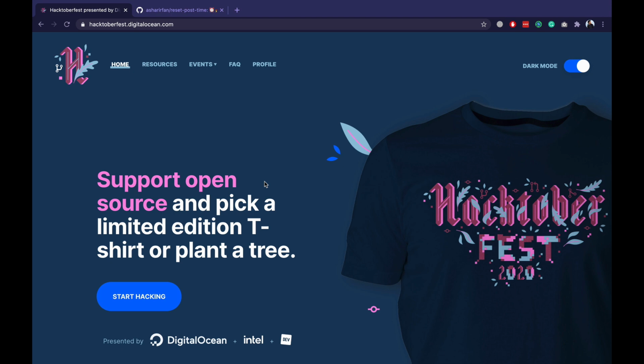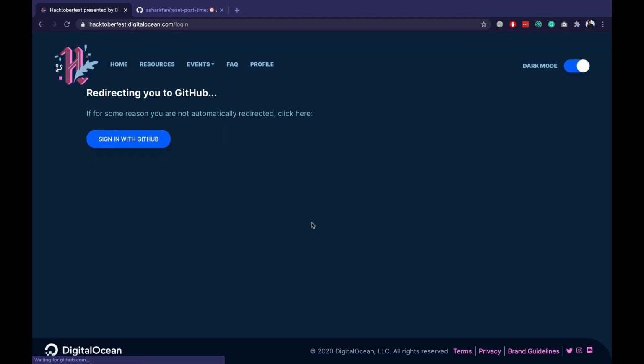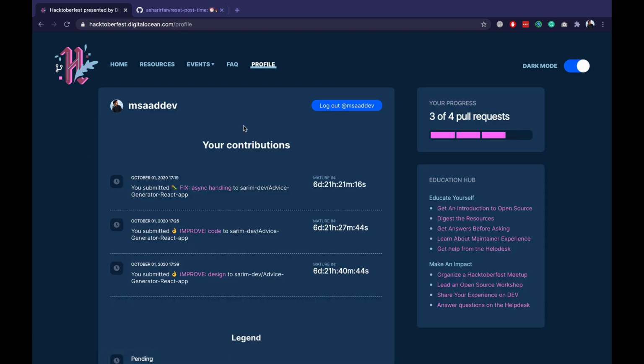So for that, go to this website hacktoberfest.digitalocean.com and click on Start Hacking. Once you click on it, it will automatically connect your GitHub account to this website. As you can see, I have already created 3 of the 4 required pull requests to complete this Hacktoberfest